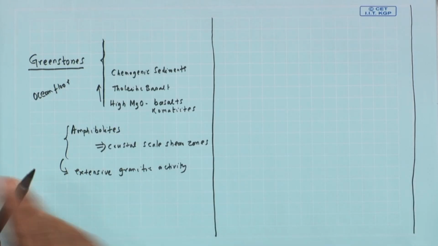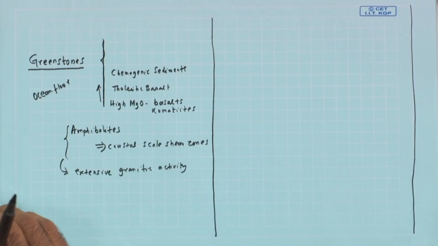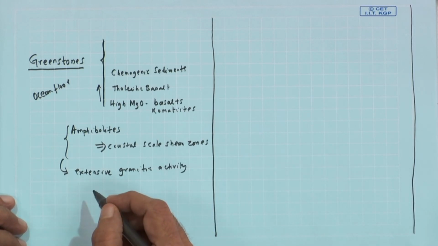And so these gold occurrences are confined to such greenstone belts in most of the cratonic blocks, and they give rise to huge quantities, with some deposits called giant gold deposits, like the one in the Abitibi province in Canada,